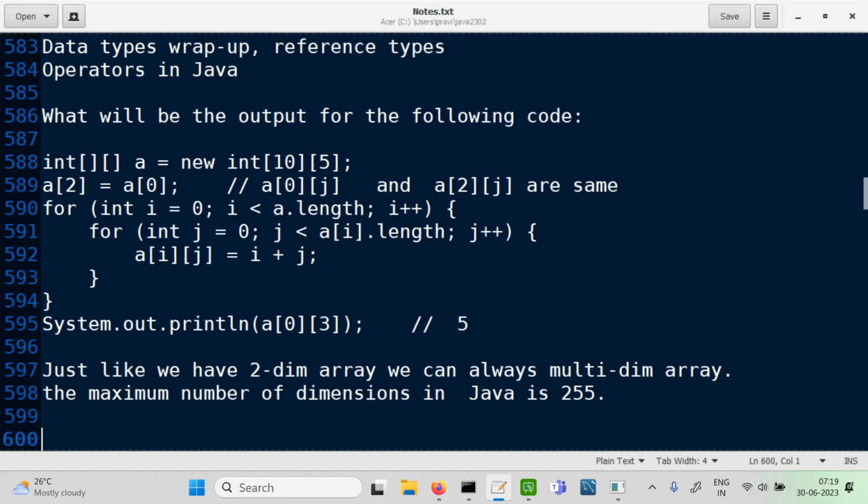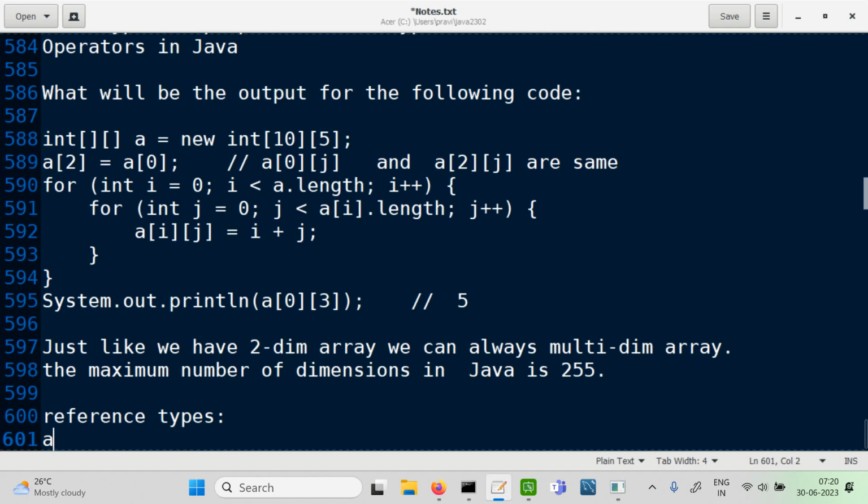So when we look at the reference types, what were the reference types? First was arrays, classes, interfaces, enums, and